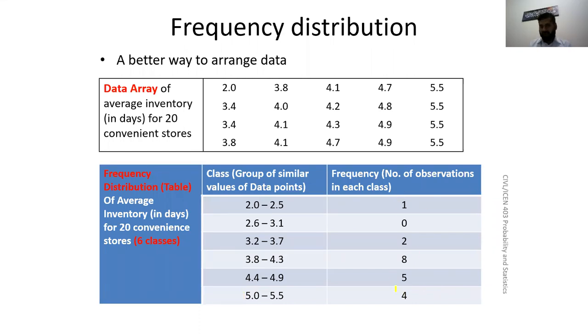Now if you count them, they will be 20, because the total number of values here is 20, right? So the sum of the frequencies has to be 20, because we distributed the observations among different classes. The total has to come out to be 20 here. You can count them: 9 plus 8 is 17, and 2 is 19, plus 1 is 20.